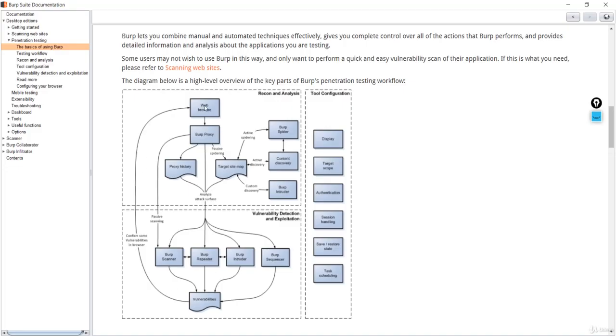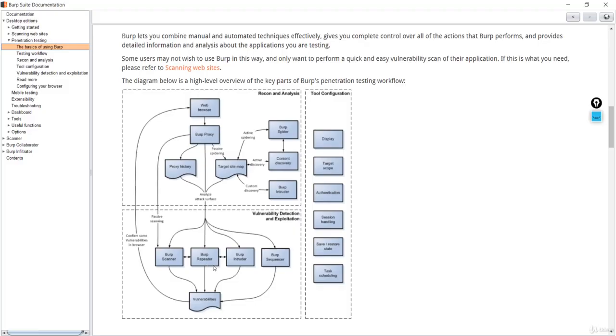First of all, you have the web browser. You make the proxy, that is the server, work, and after that you do the spidering, or the crawling of the website, that is making the target site map and the proxy history, which uses the Burp spider. You get the content, and now you pass it to the Intruder, or you search for the vulnerability and you want to exploit that vulnerability. And you will see the passive scanning over here, which will continue the live scanning. And after that you make use of these four tools, which are the most important tools in Burp.